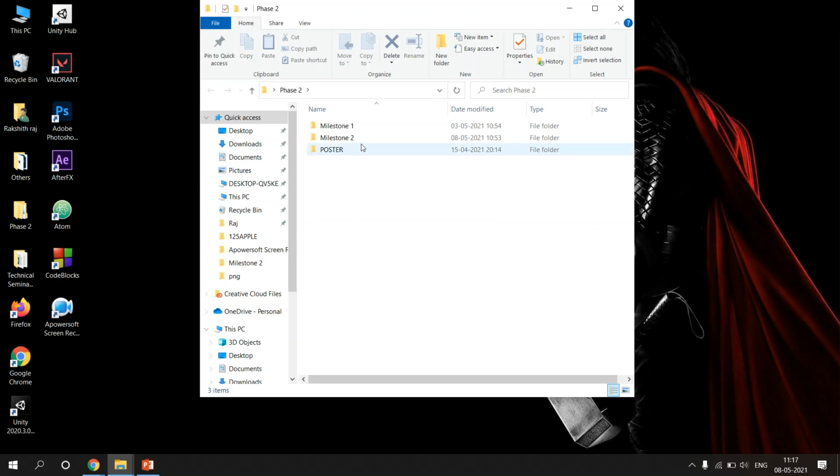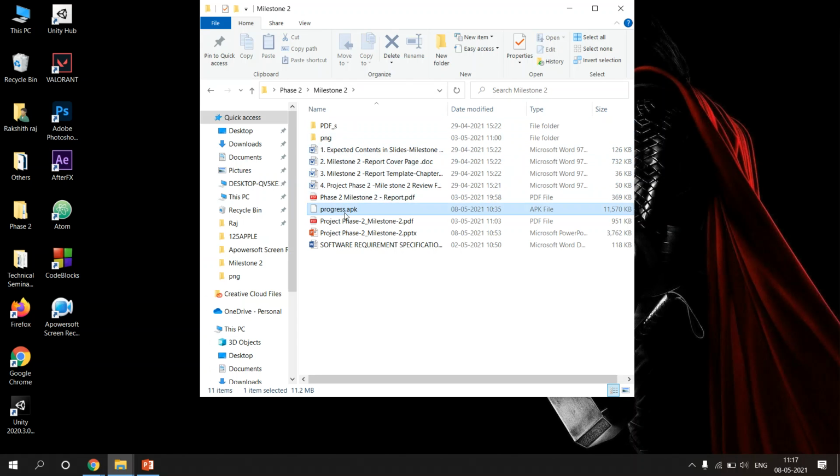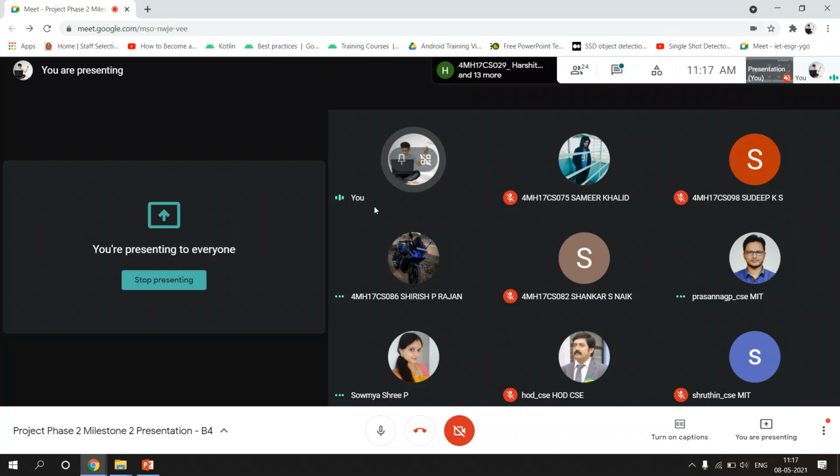I can share it in a group if you can check the progress. You can install it on your smartphone and check whether the object detection is working properly or not, and suggest some guidelines about its work. The final demo is in terms of an APK file, which we install on the smartphone. Okay, fine.